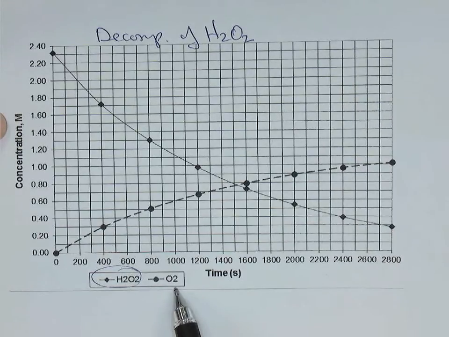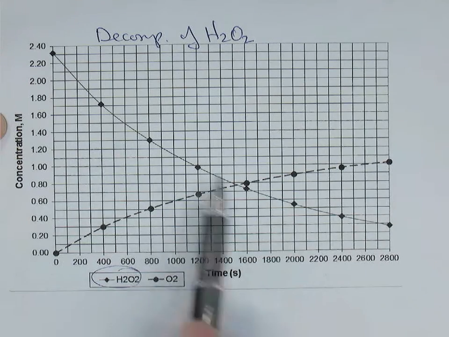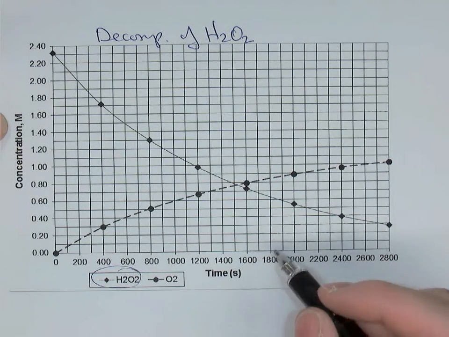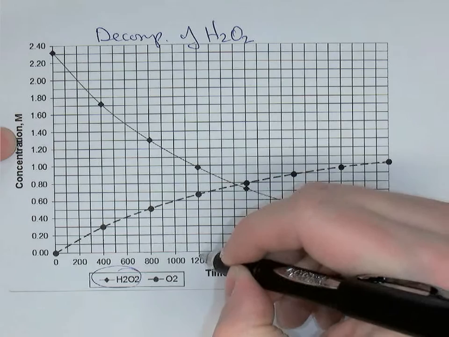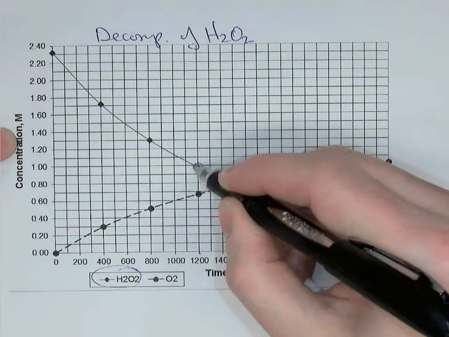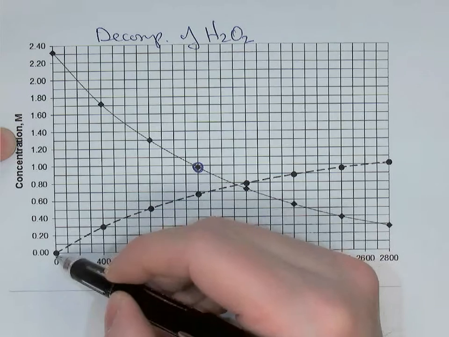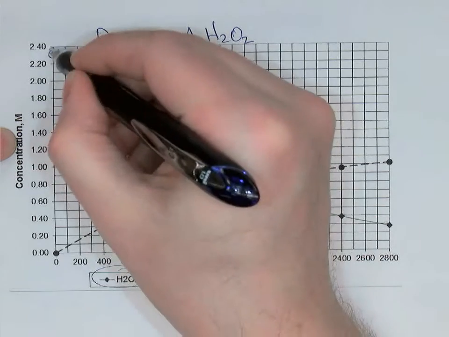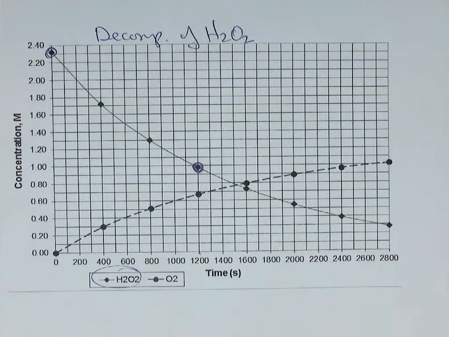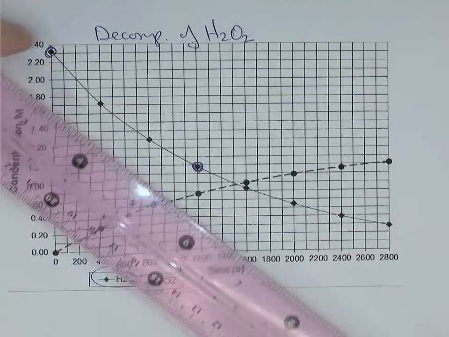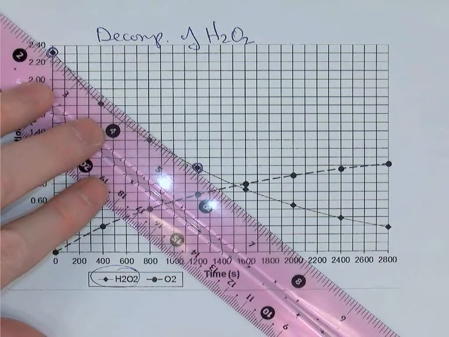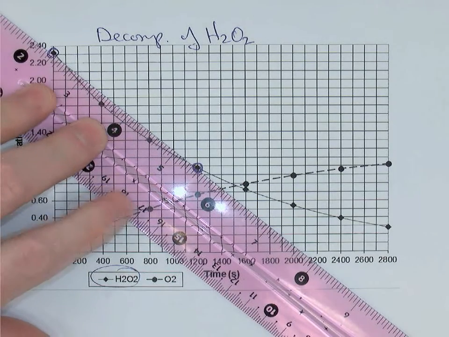So let's look at the falling curve, and for the first 1200 seconds, at 1200 seconds, here is the concentration of the peroxide. And originally at 0 seconds, this was the concentration of peroxide. Now, if I join those 2 points with a straight line, let's grab a ruler here and draw a straight line through them,